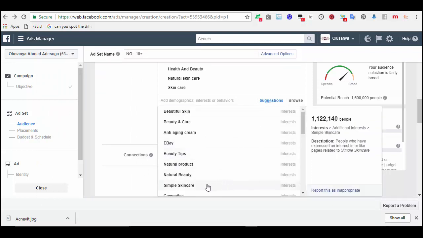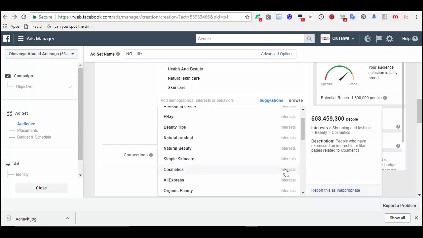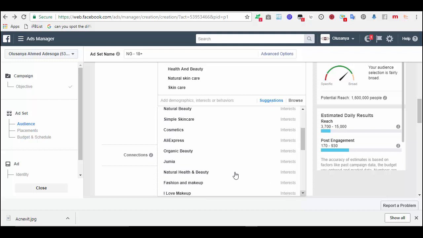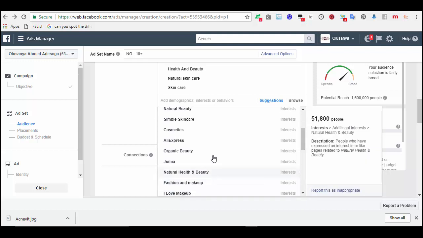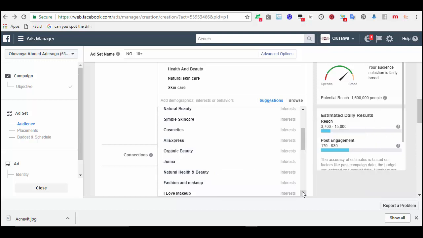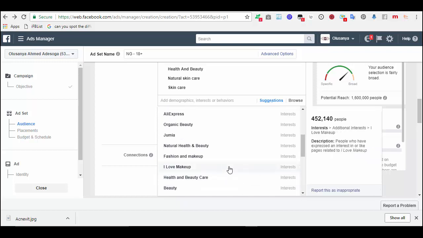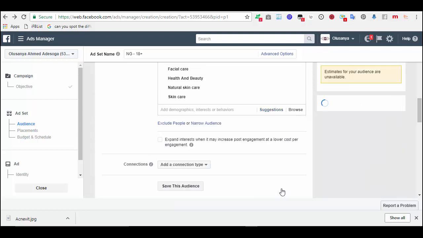Beauty tips, natural products, simple skincare, cosmetics. Wow, cosmetics. AliExpress, organic beauty, natural health and beauty. No, let's see organic beauty, AliExpress. I love makeup, health and beauty care. I love makeup. No, I don't want this. Beauty. Okay, beauty is also this, so I'll choose beauty.